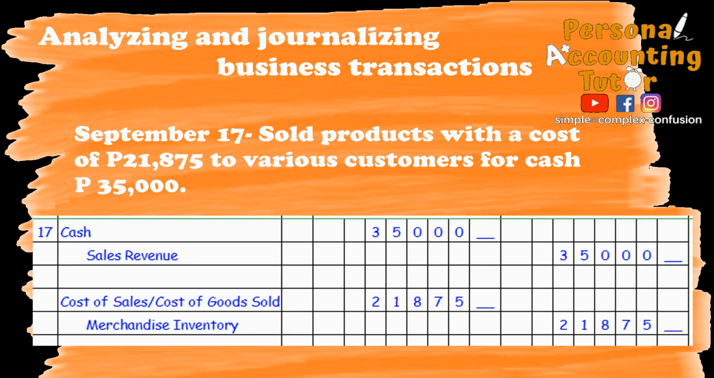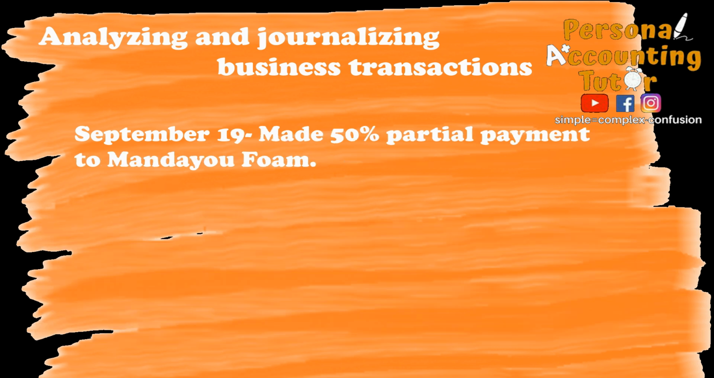Cost of goods sold, or COGS, 21,875, and a credit to merchandise inventory, 21,875. Let's proceed to the next journal entry or the transaction, which is September 19, made 50% partial payment to